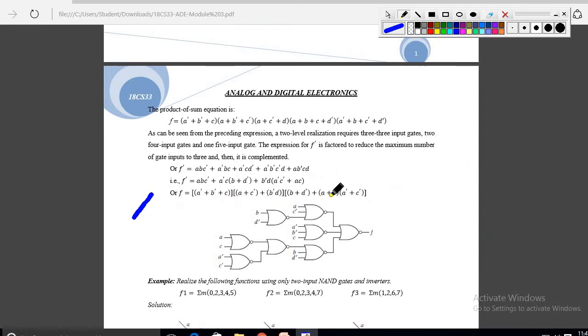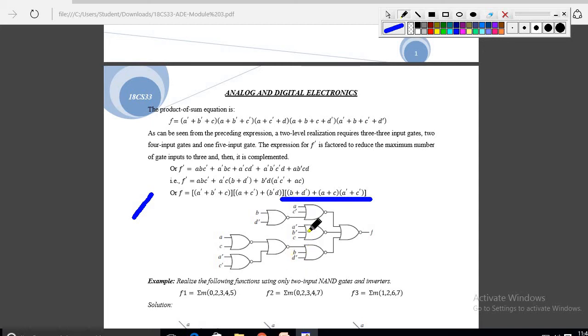B plus D bar plus A plus C and A bar plus C bar is there, no? So you have to form the input for that. First, anyhow, in the 3 input NOR gate B plus D bar is possible, any one will take, but I am taking B plus D bar, and only a 3 input NOR gate is possible. Okay, a 4 input NOR gate is not at all required. So for that reason, the 3 input NOR gate is the minimum thing. So out of that, 2 inputs will be B and D bar.